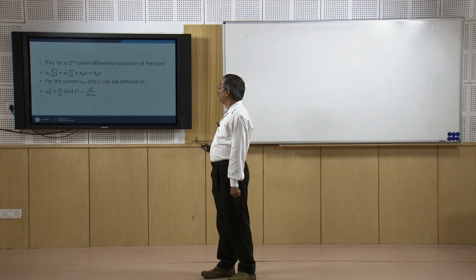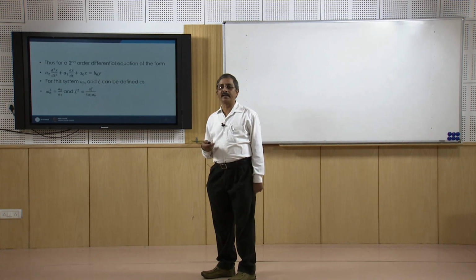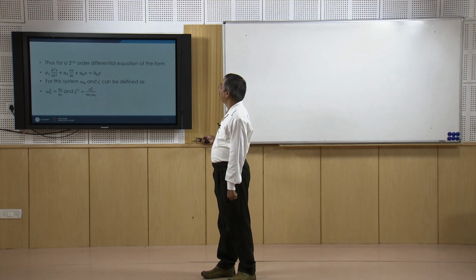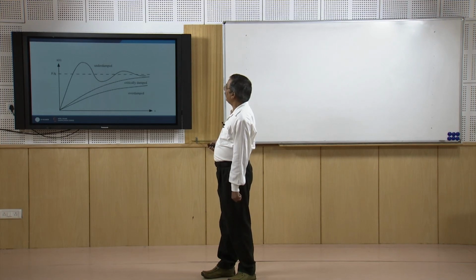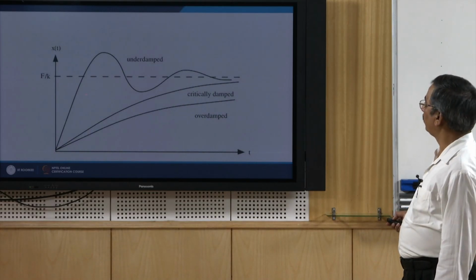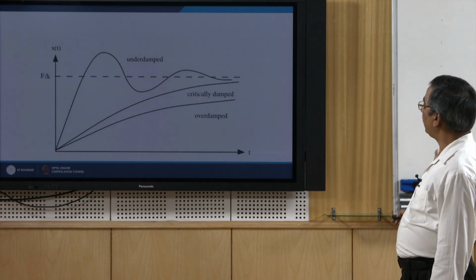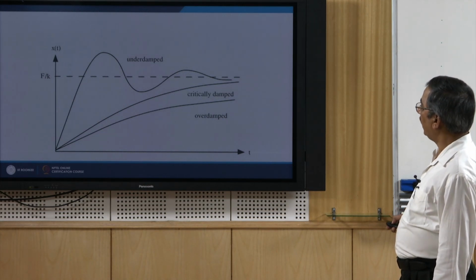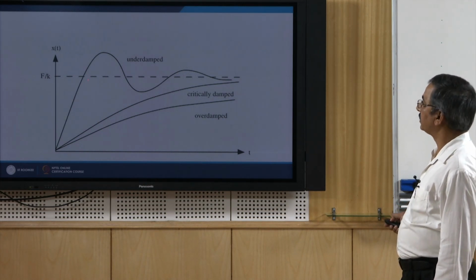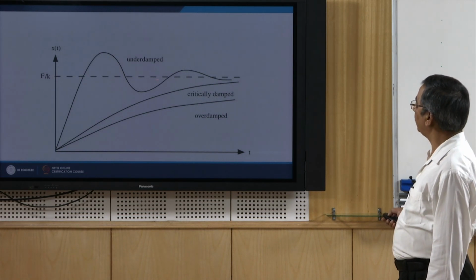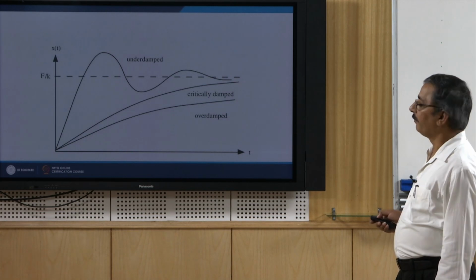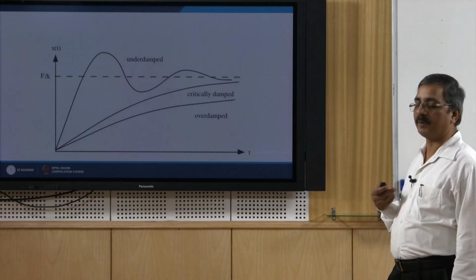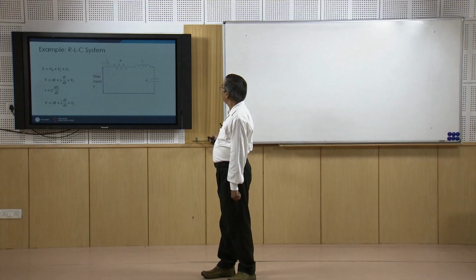So, this is the general expression. If we remember this, it will help us in treating second order systems from other energy domains as well. So, if I plot this behavior, then you can see that this is going to be the overdamped case, this is going to be the critically damped case, and this is going to be the underdamped case, and see this F by K is our steady state value, which corresponds to the force input, fine.